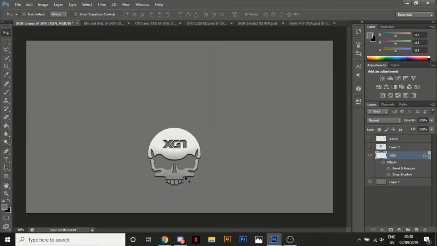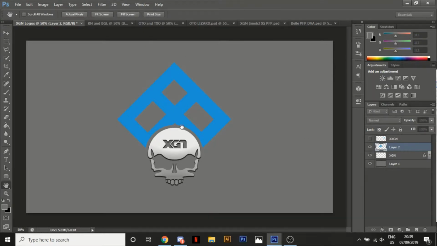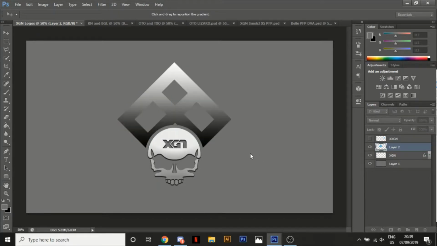I've added a bit of shade into the bottom of it. I've got a bit of a shadow. I'm pretty okay with that. And then I've got the top part here. A lot of the time when it comes to having a set block like this, you want to customize how it looks. Now, what I always do is I go to a gradient overlay,